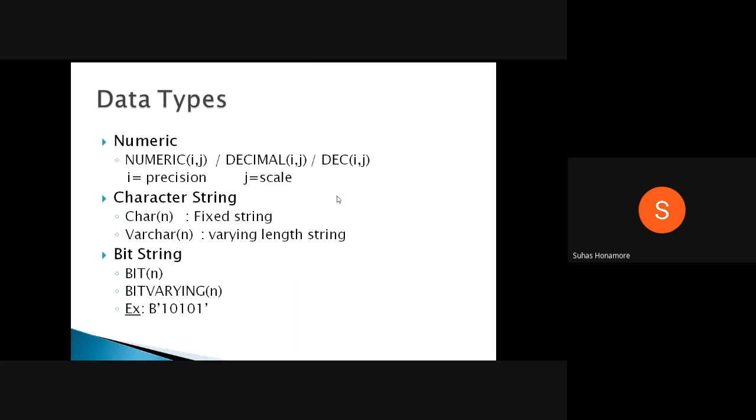So suppose if I give it as an int, by default it will be considered as an integer number. Those int, float, double, whatever these things are, are all part of this numeric type. This is the main set, and in that subgroup we have int, float, and double. If you want to use those, you can, because when SQL started, most people were familiar with a programming language, so they shifted to SQL and used those data types also. No problem.